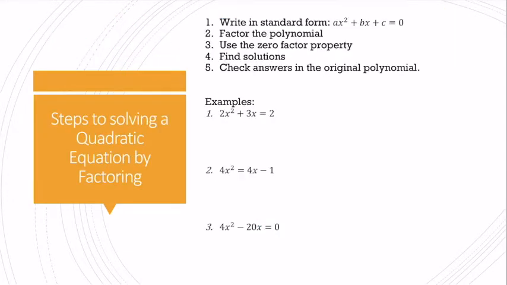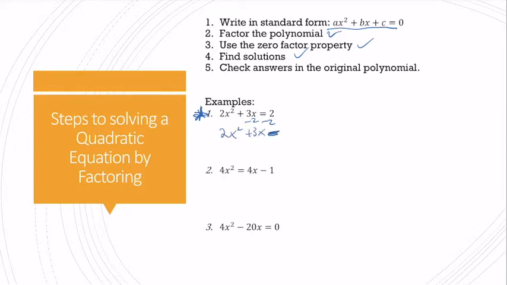So what am I going to do to solve a quadratic equation by factoring? The first thing I want to do is get it written in standard form. I need to factor it, and then I use the zero factor property to find the solutions. So this first example is almost in standard form, but I've got to move this 2 over. So now I have 2x squared plus 3x